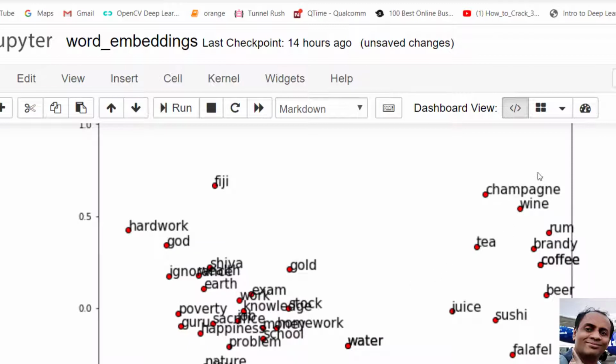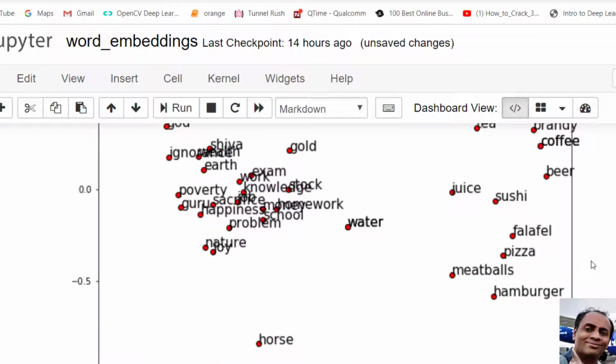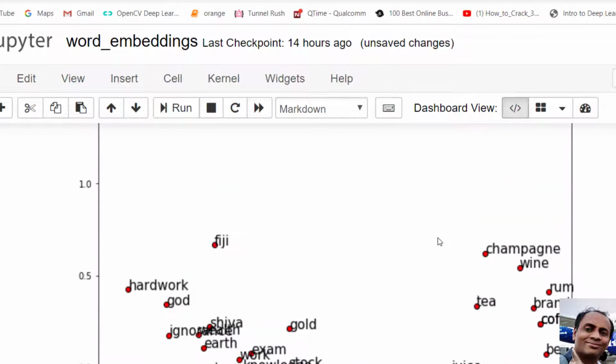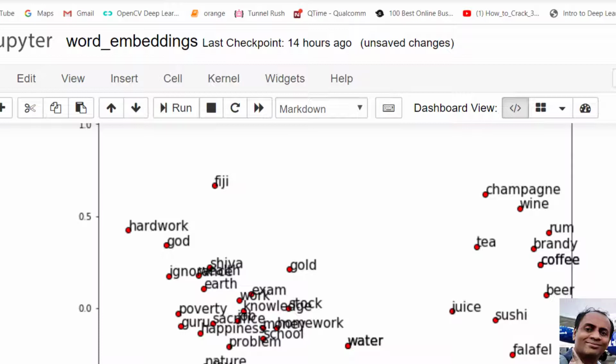You see here champagne, wine, rum, brand, coffee, beer, tea, all are coming together. And the food stuff like sushi, falafel, pizza, meatball, hamburger are all appearing together in this part of the space. Animals like monkey, tiger, cat, dog, frog, toad are all appearing here, and here we have mixed stuff, like nature, joy, water, hard work and God appearing together.